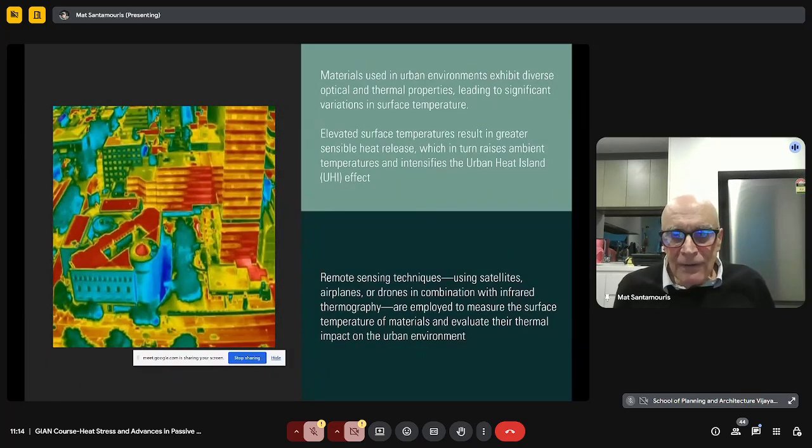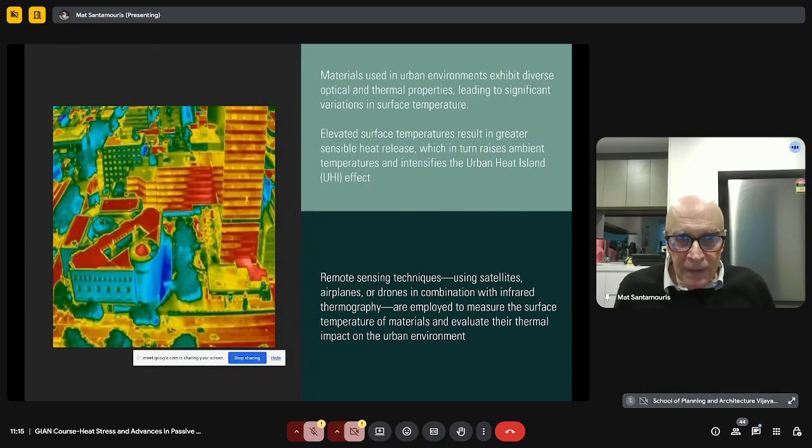Given the different properties, we have really different broadband absorptivities and reflectivities. What makes broadband? The global reflectance or the global absorptance of the materials. It characterizes the whole material. And this is the weighted average of the reflectivity in the different wavelengths, given also the intensity of the solar radiation at the specific wavelength.